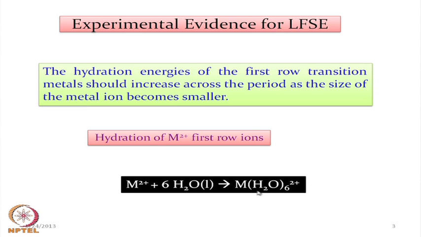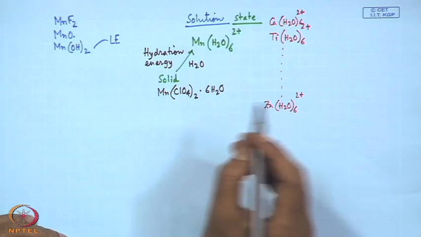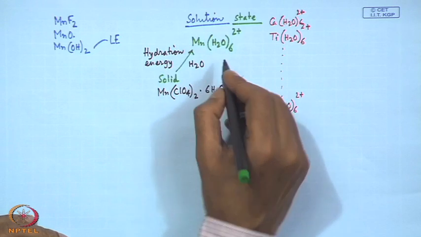These are the very basic things: the reaction is the interaction of the water molecules with the M2+, and this gives us a nice clue that whenever this hydration energy contribution is there, that means whenever we dissolve some salt, whatever we have in the solution